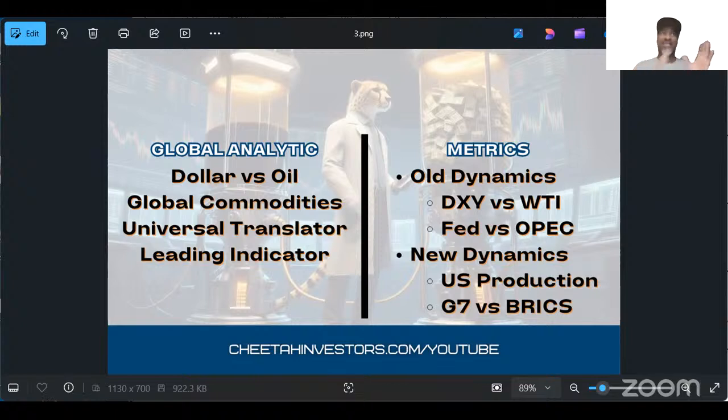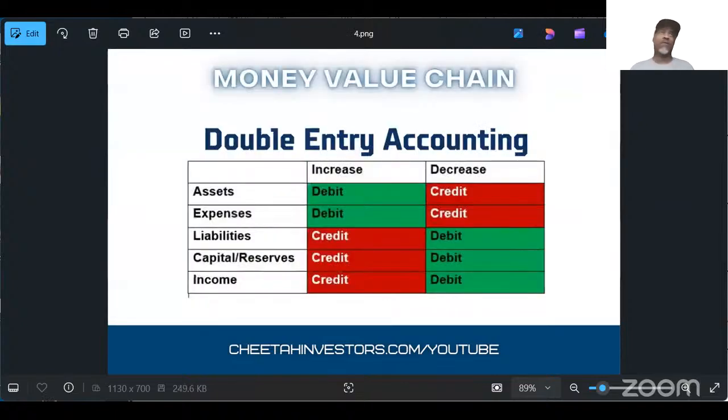That is the reason why yesterday and today we're showing you the power of oil and the power of the dollar. So let's show you the power of the dollar. We're going to literally show you what the dollar is. Nobody ever explains why the dollar is valuable. It's a fiat currency. Let's show you.